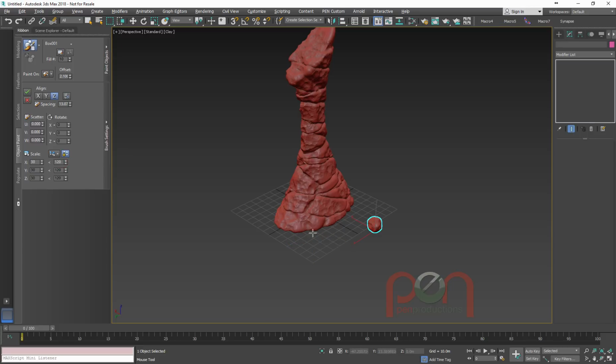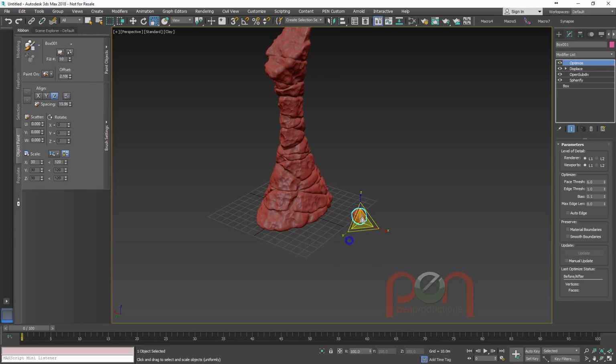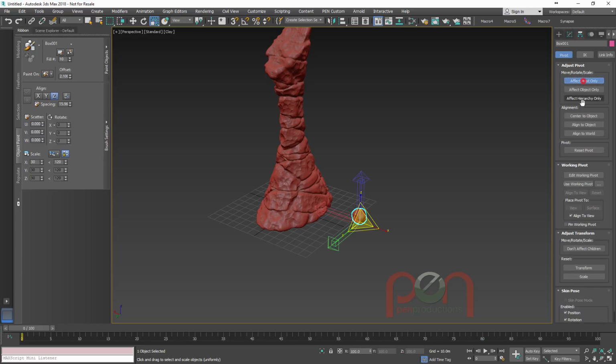And that's starting to look kind of good. So maybe a bit more spacing. And now I was finishing it off by just planting in some rocks. I should have centered the pivot as well. So let's just center the pivot on this so that it's in the right spot. Play with our offset, and then just